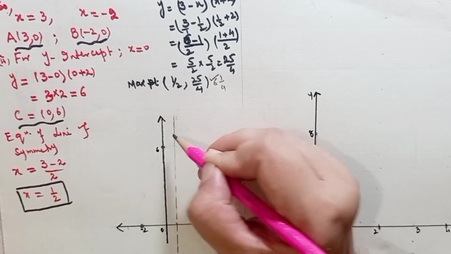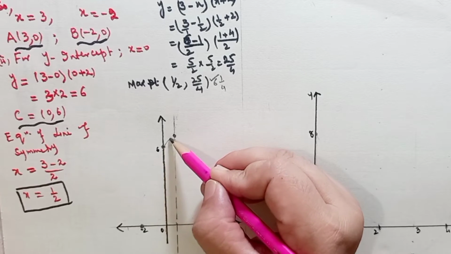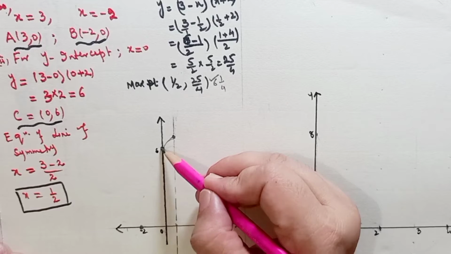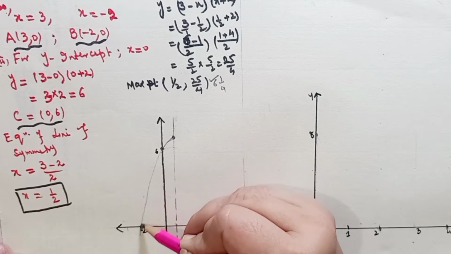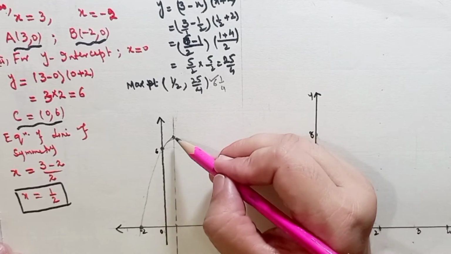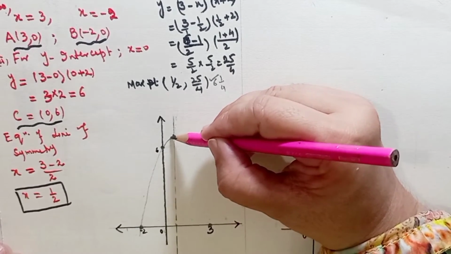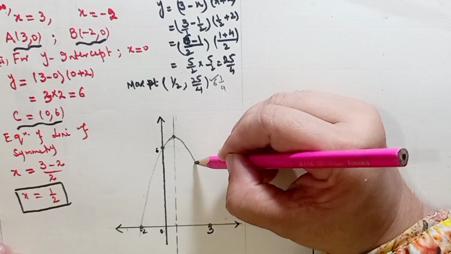Okay, and then it's the time to join all these points with the help of a smooth curve. In the beginning, go with soft hand and soft pencil, and after getting a good sketch, you can join all these points with the permanent pen. Okay, and then I have to take a flow towards this side. I have to take the movement.